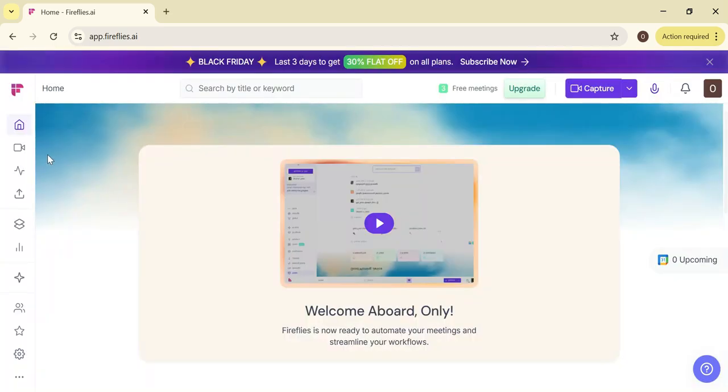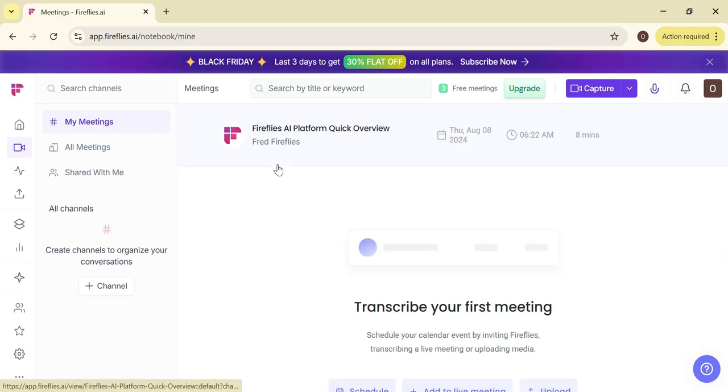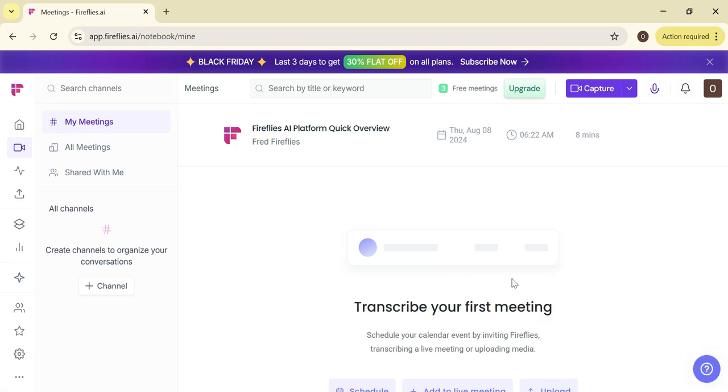And after recording you can get all of your meeting recordings here. Okay, so if you already have a recording, you can just simply upload it here, and it will get you the AI notes, and will provide you all the transcribed data here in a single place. Okay, so that was all about Fireflies AI, how you can use it and how you can connect your meeting links, and then it will start capturing or transcribing your meetings in just one click.